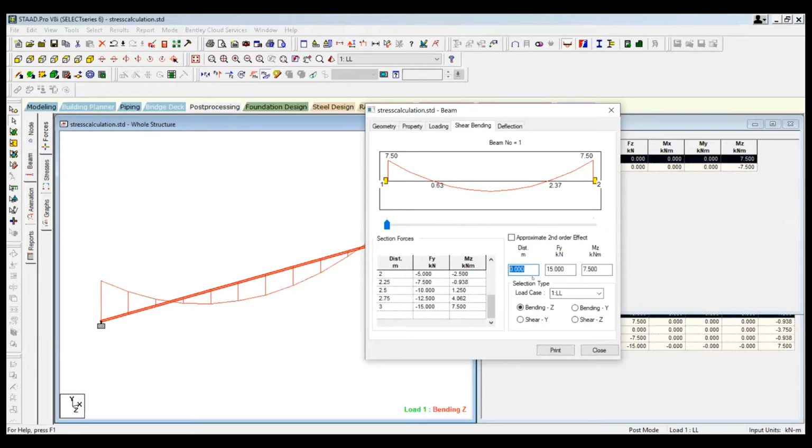So now the distance is how much? 1.5. So at 1.5, what is the bending moment value? You're getting 3.75. So we have calculated it in the previous slide. We have calculated it, right?